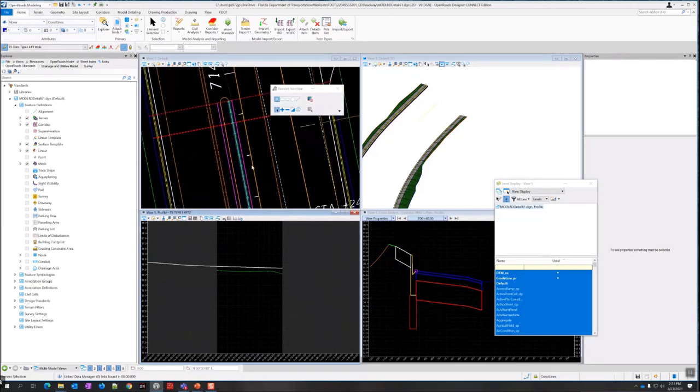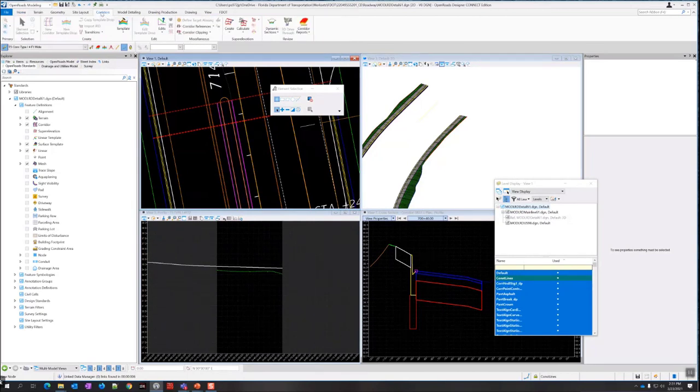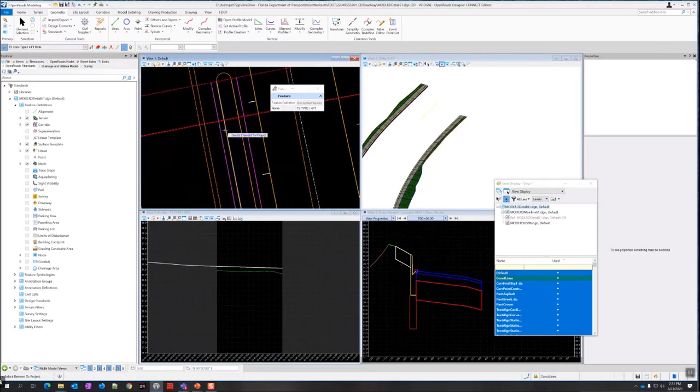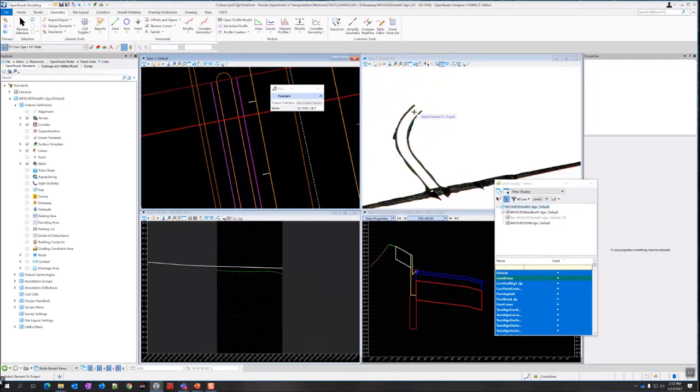So let's just do the same command so we can see that works okay. Let's do the same command for all these others. Geometry, project profile to element. We're going to project pavement asphalt PM, and we're going to project it onto the traffic separator. And if it shows up in the 3D view like that, then you know it's active.